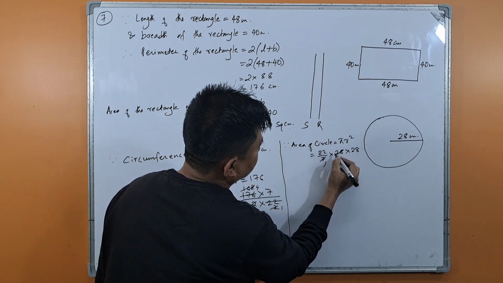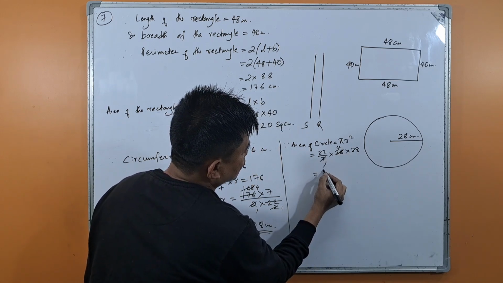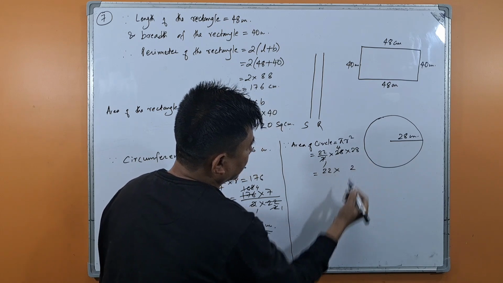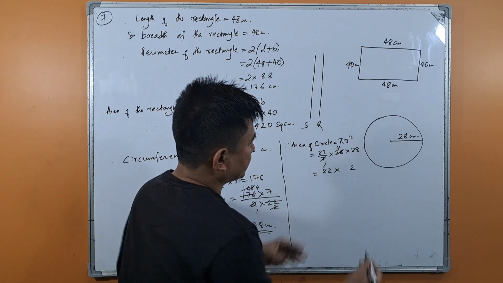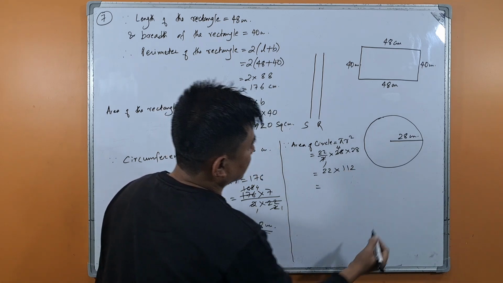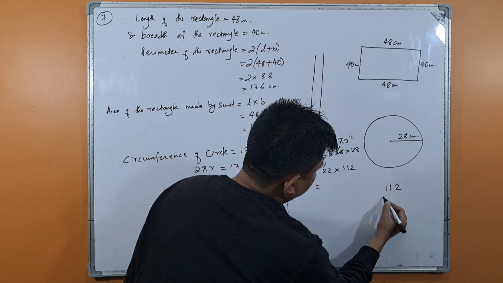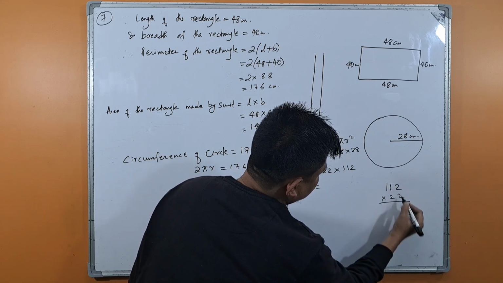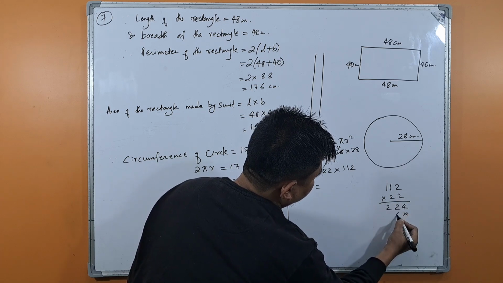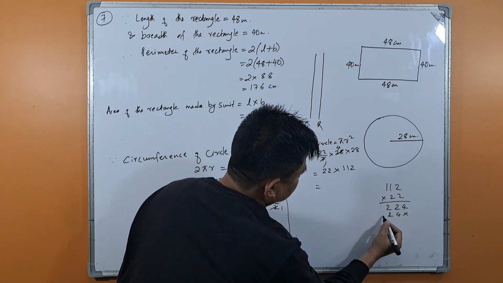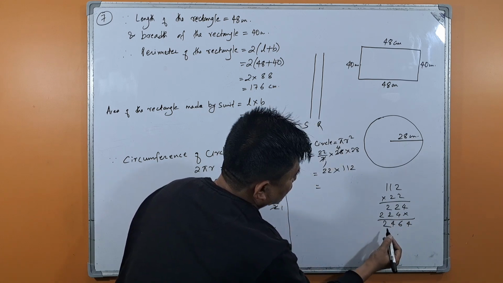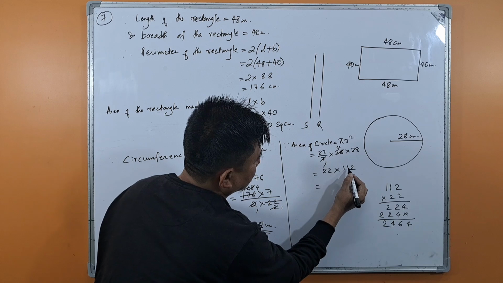7 1s are 7, 7 4s are 28. This 22 we write here into 4 8s are 32, 4 2s are 8, 9, 10, 11. 22 into 112. Okay, let me multiply here. 112 into 22. 2 2s are 4, 2 1s are 2, 2 1s are 2. This is 4, this is 6, this is 4, this is 2. So 2464, isn't it? 22 times 112 is